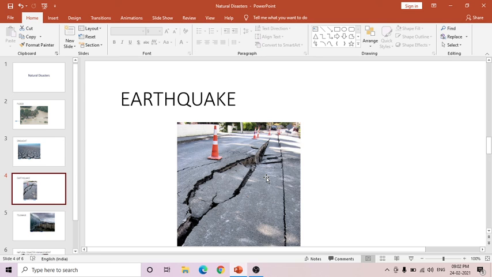When an earthquake occurs inside the sea, that causes the tsunami. So when a tsunami comes, big water waves come and hit the land. They are caused by earthquakes in oceans and seas. Just now I told you the water makes big waves. When you go to Wonderla or water parks, we all play in the water waves. But those waves are very small and we enjoy them. But when it occurs naturally,